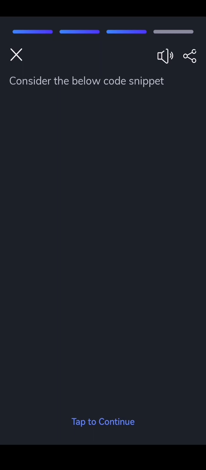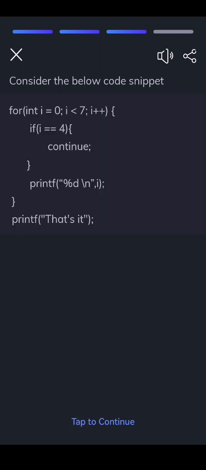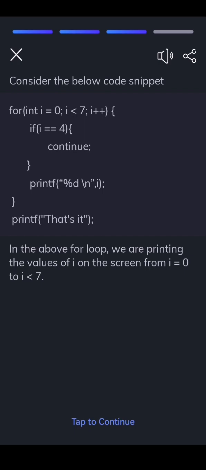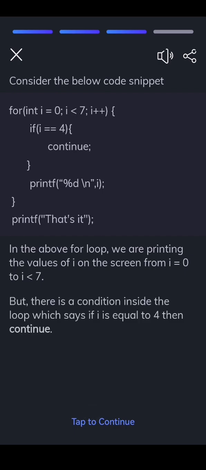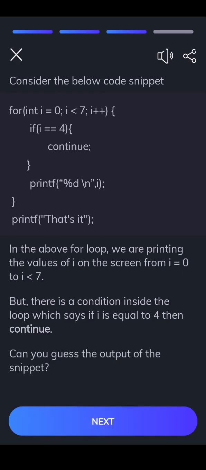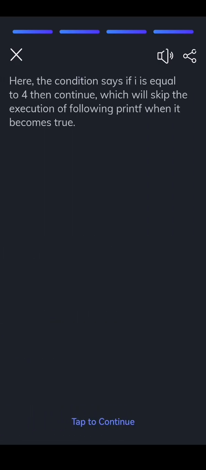Consider the below code snippet. In the above for loop, we are printing the values of i on the screen from i equals 0 to i less than 7. But there is a condition inside the loop which says if i is equal to 4 then continue. Can you guess the output of the snippet? Here, the condition says if i is equal to 4 then continue, which will skip the execution of the following printf when it becomes true. Thus, the output of the above snippet will be